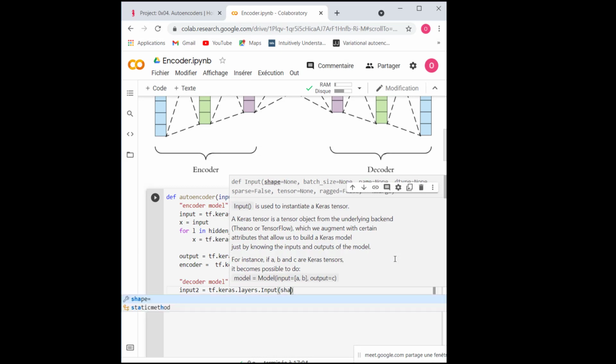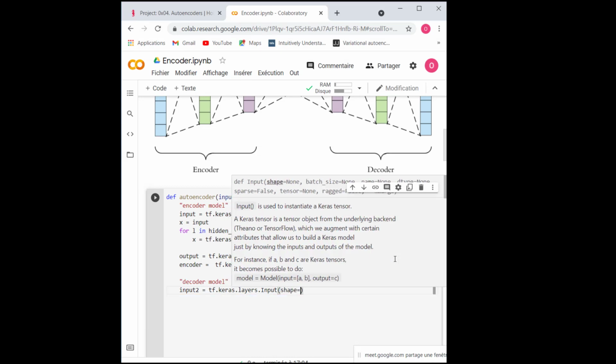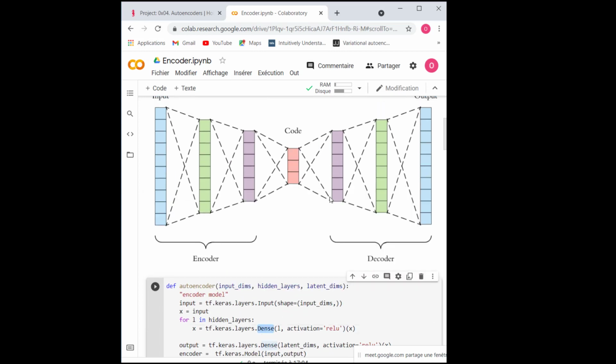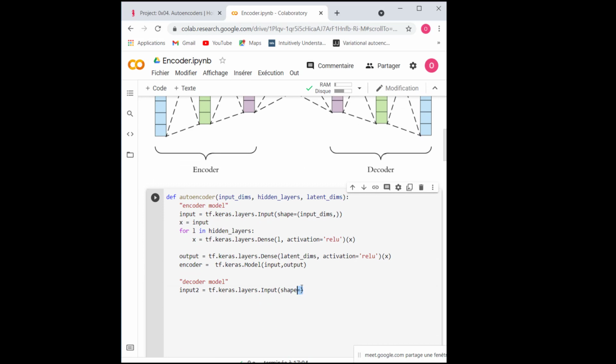The shape here is going to be the latent dimensions, because the decoder should take as input my latent dimensions, and for my output the input dimension. So my shape here will be my latent dimension. This is the input of my decoder.